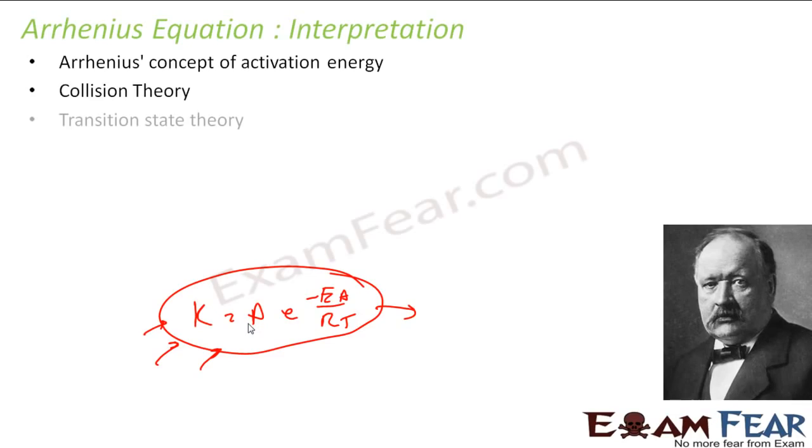So K is equal to A e to the power minus Ea by RT. This is an experimental equation. Based on experiments, this equation has been found. But why this equation is correct, there has to be a justification, right? We need to understand why we have this Ea, why we have R, why we have T, why we have A. Those justifications were given by three different theories. First was Arrhenius, who gave this explanation in 1889. Then there was a collision theory proposed later, and a transition state theory also. We'll not study that. We'll understand only these two theories, right? Since the Arrhenius concept is totally dependent on the activation energy concept, let's understand the